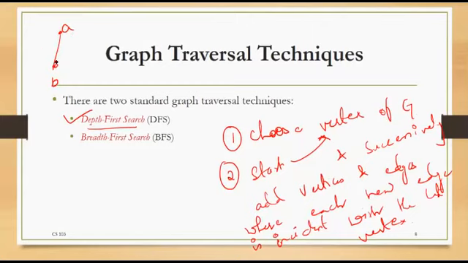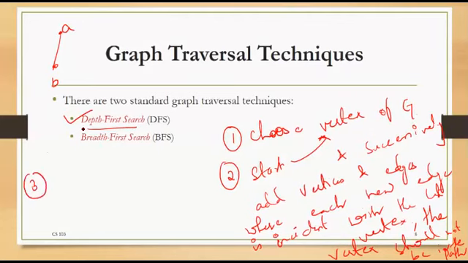After that, you have to add the vertex in such a way that the vertex should not be in the tree already. The vertex should not be in the path or the tree. So if you have added B, then from B you take the next vertex C, and again you can't come back to B. Once you have added a vertex, you have to keep moving on to the next vertices. Now these are the first 2 points. What is the third point?